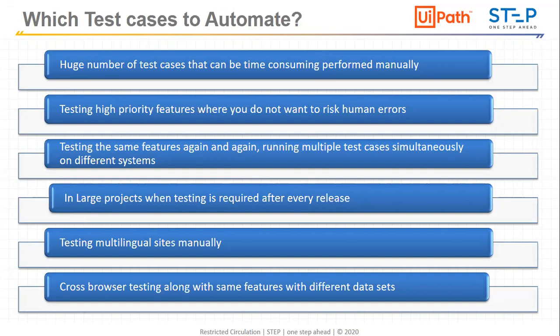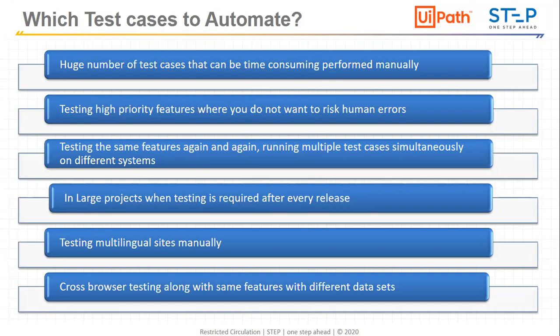So in this case, while doing automation, we need to see that this high risk and high priority scenario can be automated. A person can miss the error, a person can miss a particular permutation combination. Suppose in fund transfer there are 25 combinations we need to check, and a manual tester forgot to check one combination. It is very high risk, and the financial impact is larger for that particular test case execution or defect. So we need to see which high priority features we are going to cover in the automation, and those are the good candidates for automation testing.